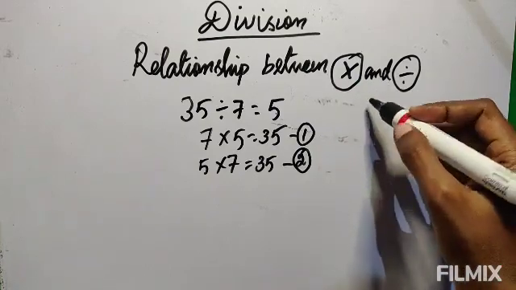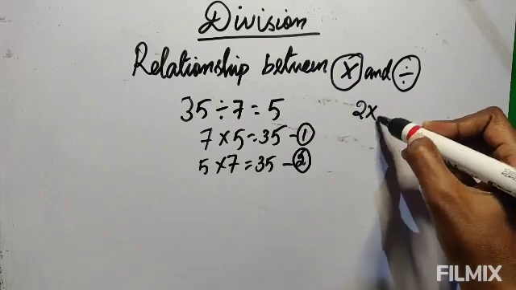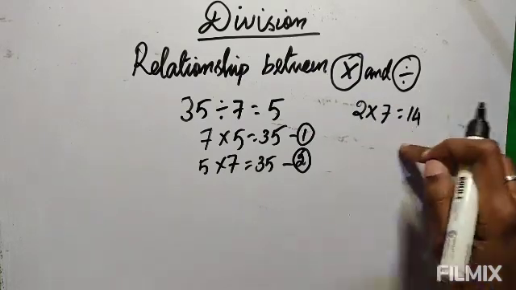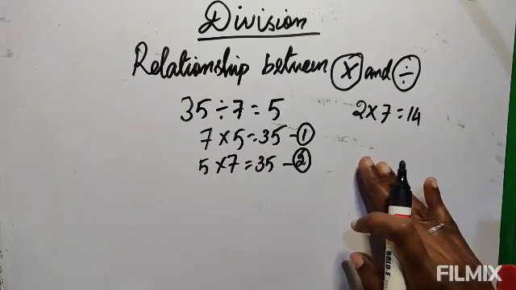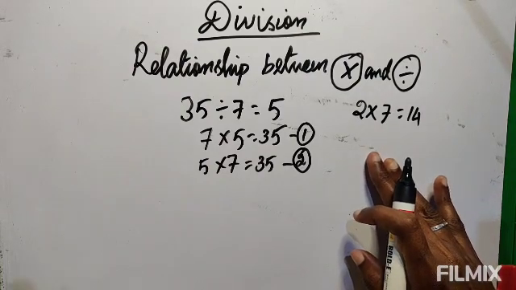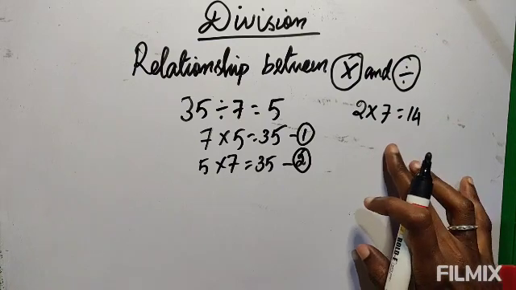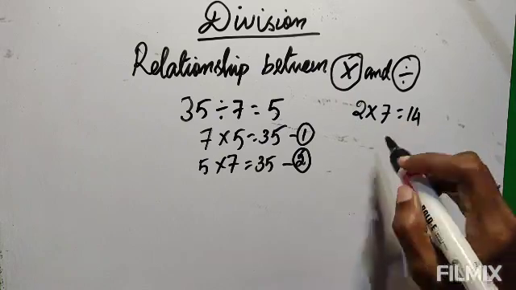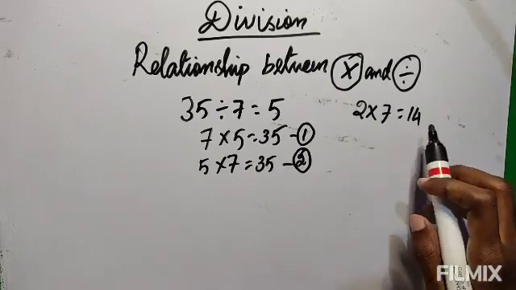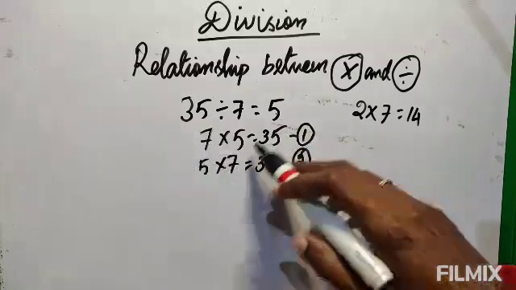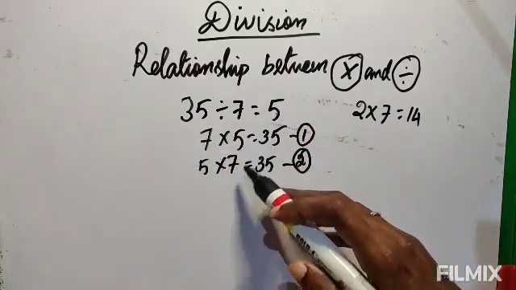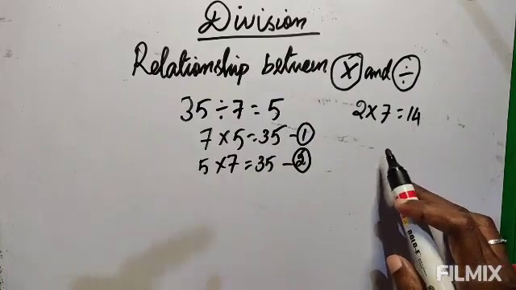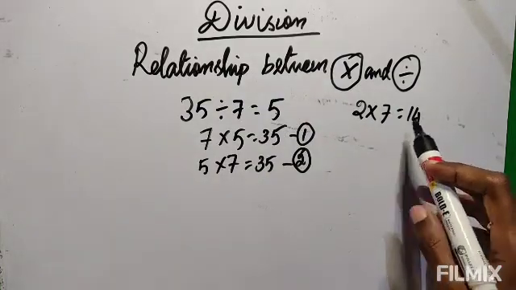In the same way, suppose it is given 2 7s are 14. Multiplication is given. For this you can write the division fact also. I taught this at the end of the last lesson. It was not in the book; I taught you extra. So remember, for the division fact you have to take the biggest number. To write the multiplication fact you wrote the smaller numbers. To write the division fact you have to write the bigger number. So here the biggest number is 14.